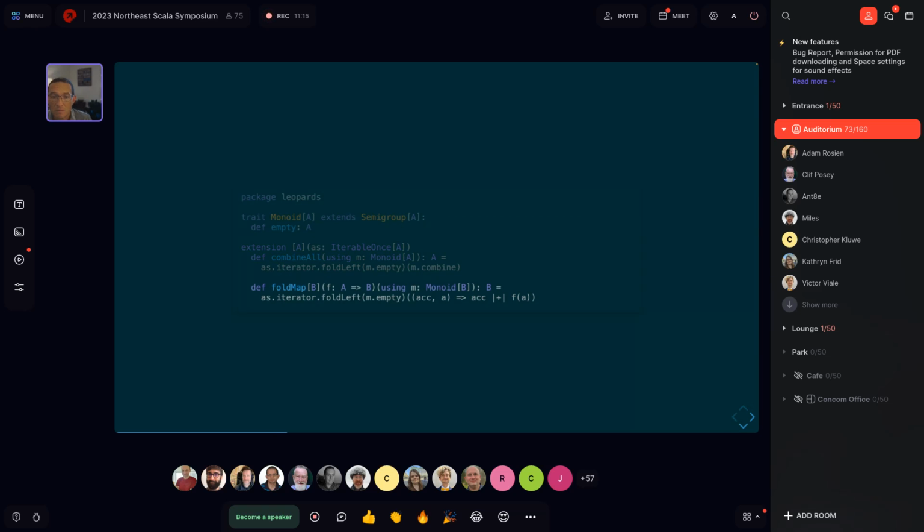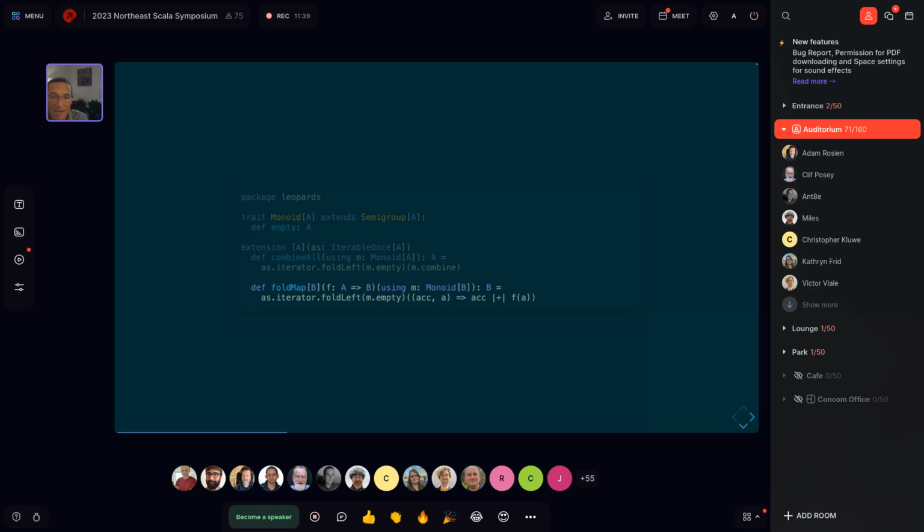We can define a similar operation. If you're familiar with fold map, it's sort of like combine all, except first we're going to map a function over each element of the collection. That mapping function will return some new type B, and that type B is what must have the monoid to do all the combinations.